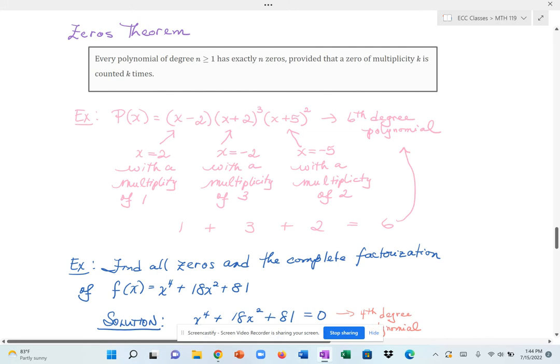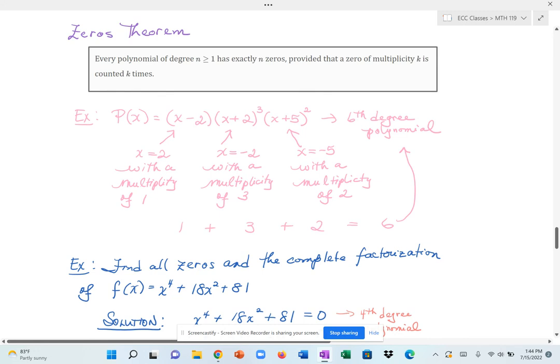Okay, so that's what we mean by counting all of the multiplicities. This isn't just one solution, although it is a repetition. That solution would come up 3 times, so that means -2 would be counted 3 times. All right, so in the next example, we're going to find some of these solutions, and there will be some